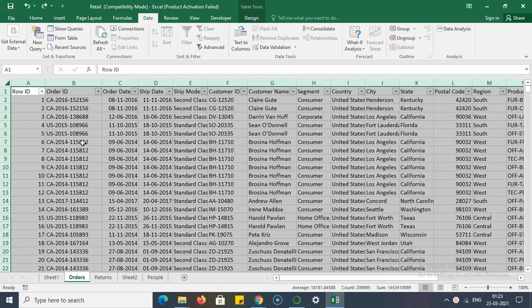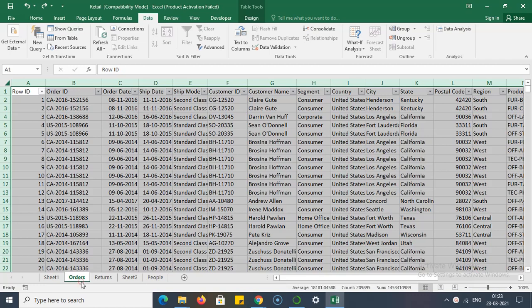Hello guys, my name is Nikhil Larokar and today we are going to see how to combine two sheets using some Excel tricks. With the help of join, we can combine two sheets, or with the help of query in Excel, we can join two sheets together.